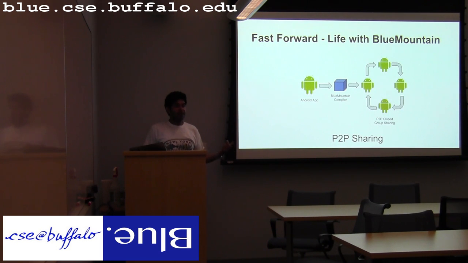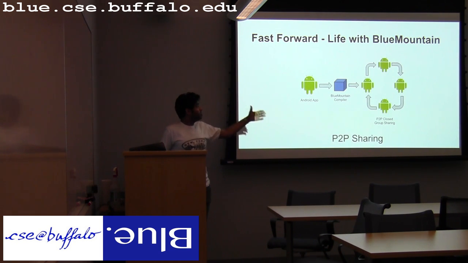So in the current state of the art, the only way to do it is that it goes to the cloud, and then from the cloud it gets synchronized with the friend's mobile system and so on. But we are envisioning a system where you write, let's say, a camera application and pass it to the BlueMountain compiler, and it spits out another application which now has the ability of peer-to-peer sharing. If your friend and you both use the same application, as soon as you take a picture, instead of storing it locally, it's also going to transfer it to your friend's